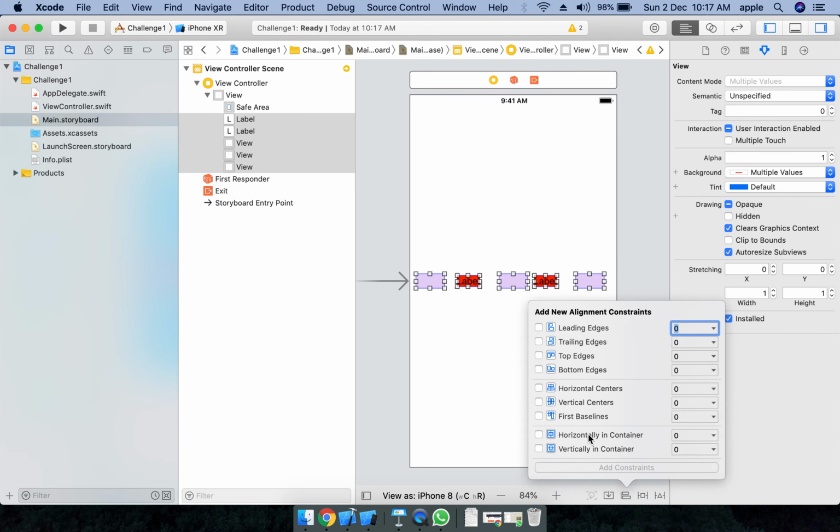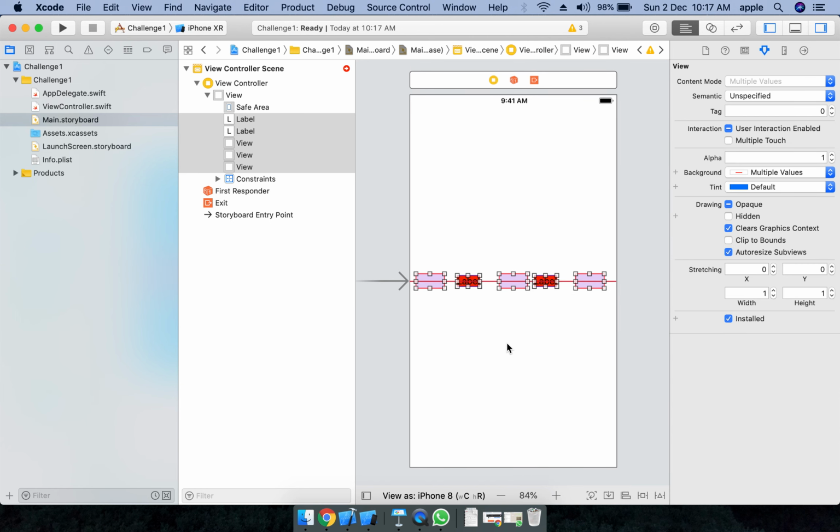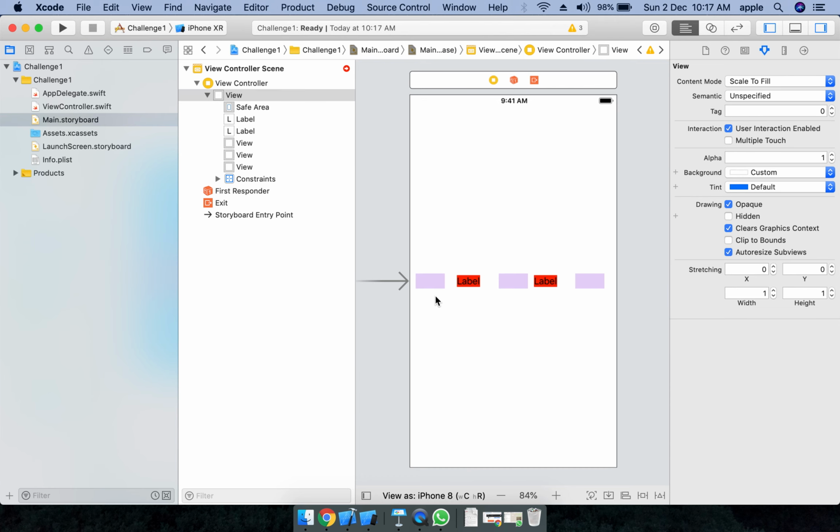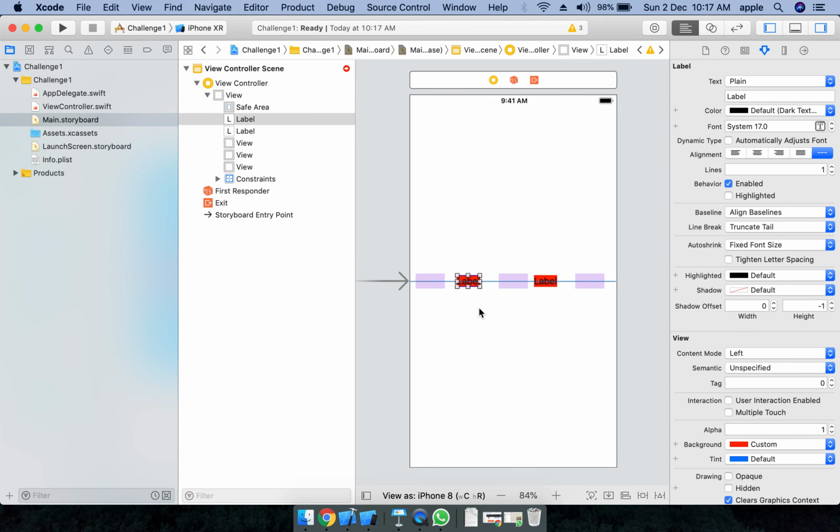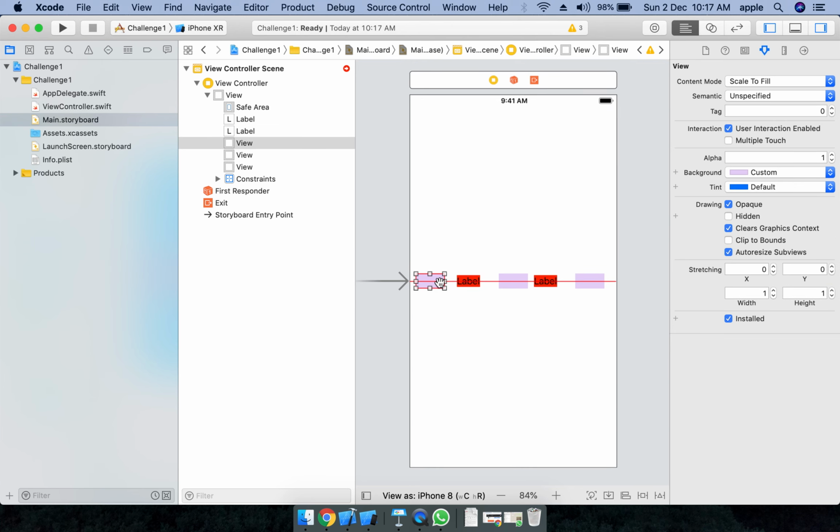These are the constraints I'm setting, vertically center. Now vertically we made every element center to the view, and let's set the constants. UILabel by default contains intrinsic content size, meaning by default it has width constraint and height constraint based upon the content we are putting inside. Now I'll set some height for this. Views by default do not contain any height or width, so I'm setting height constraint as constant,